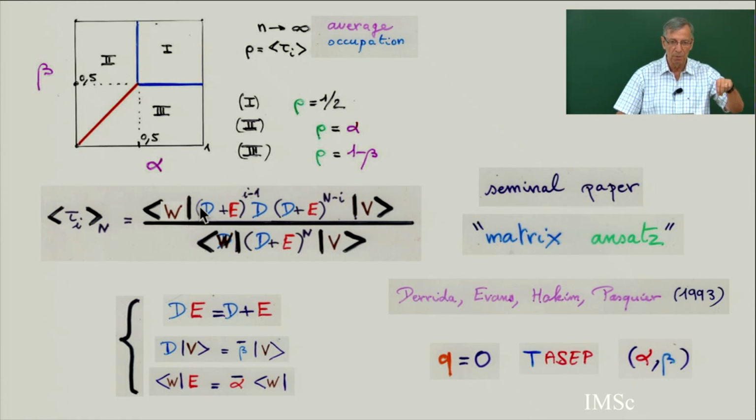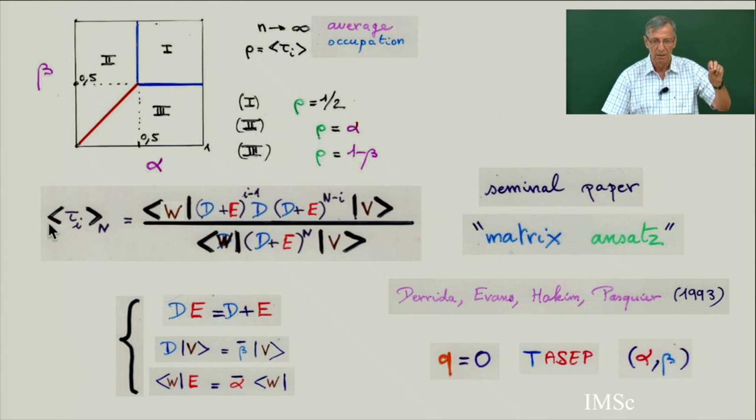So the occupation number, you have a sequence. The average occupation number of the cell number i. Before the cell i, there are i minus 1 cells, which can be any monomial, any polynomial like this, where D and E mean occupied or empty. So all these cells, I don't know what they are. This cell number i has a particle on it, so you put a D. And then, we don't know what we have. So this computation, where you have this matrix ansatz multiplied by the vectors W and V, gives you exactly the average occupation number.